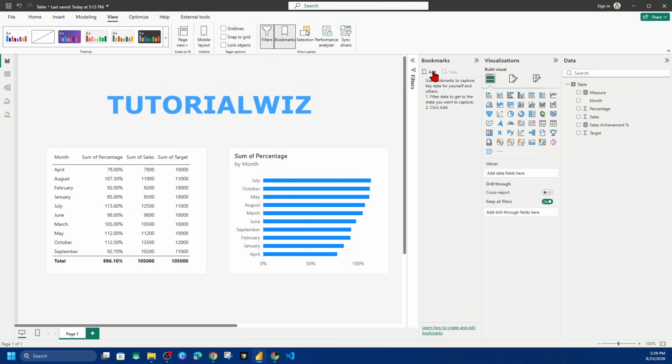Now, to add a bookmark, simply go ahead and click on Add. Now we can rename this bookmark. So just go ahead and click on the three dots, click on Rename, and then rename this bookmark to whatever